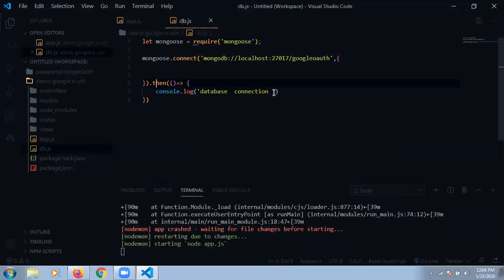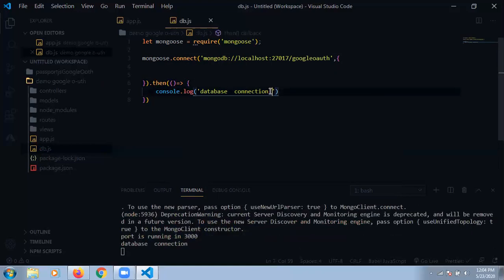Sorry, guys, I think I have to change my keyboard, just 1 minute. I'm changing my keyboard to another keyboard so that it will be helpful. Okay, just 1 minute. If this keyboard gets connected, then this will be very fine.